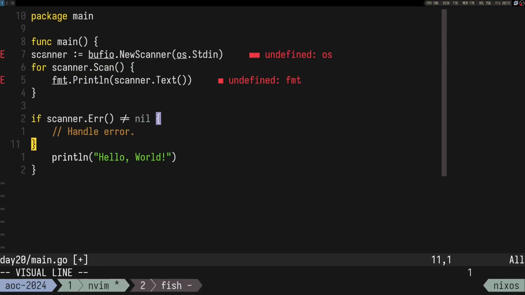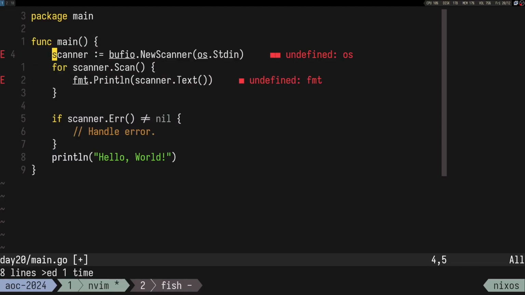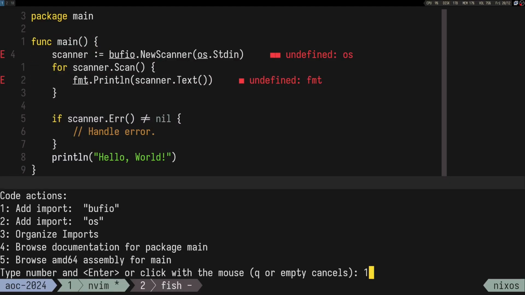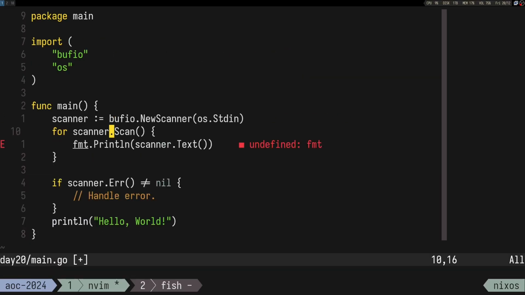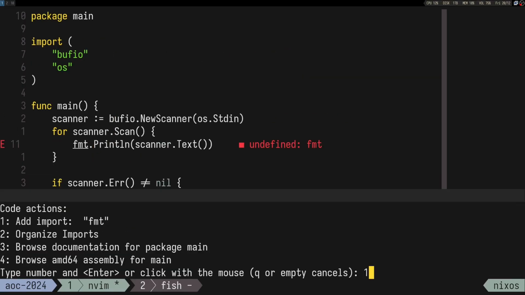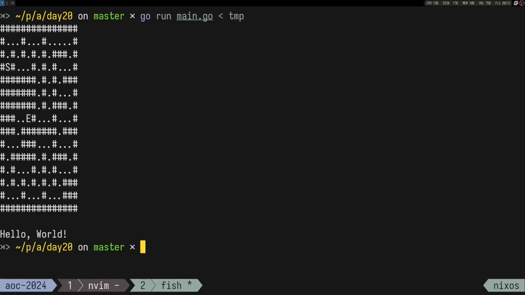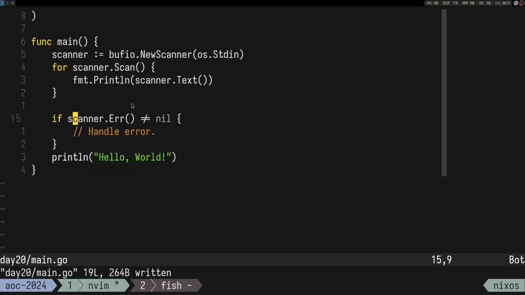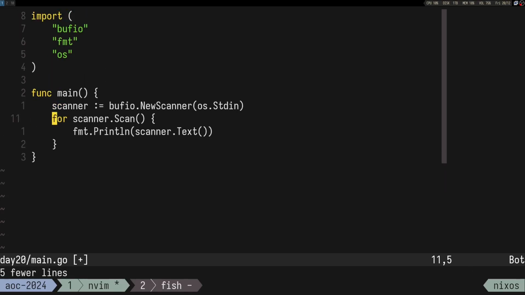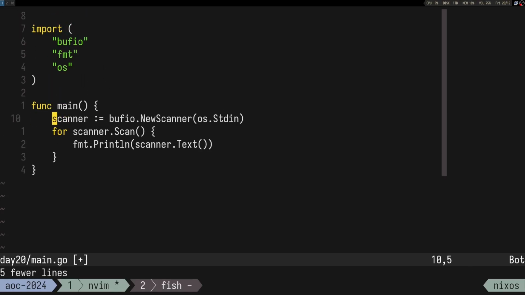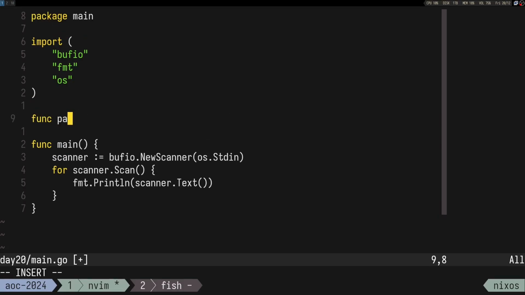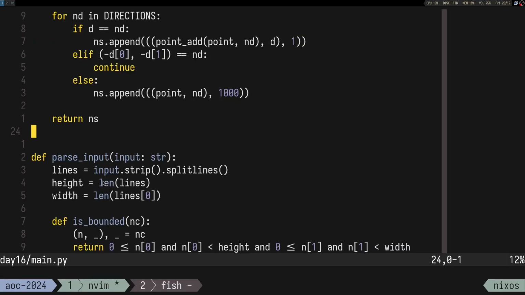From what I remember, you have to do something like this. Alright, so that will print each line. It's weird, why is it? Okay. So basically something like this. And let's just have a function parse input, and just by looking at this other one,